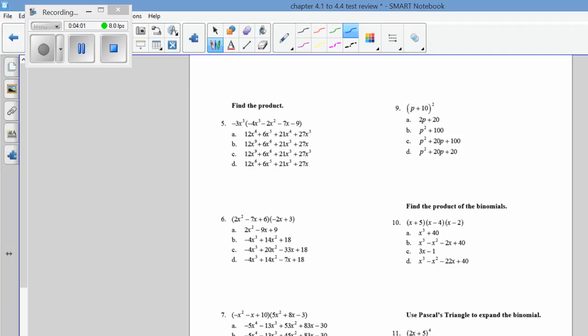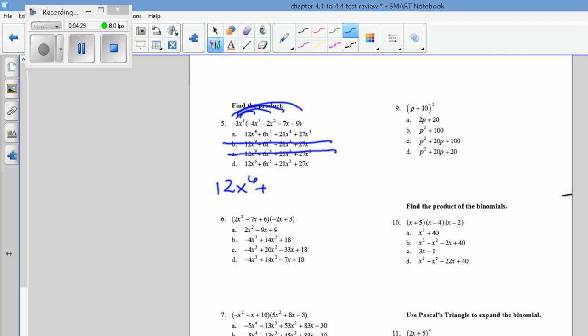Okay, find the product. Let me see if I can make it bigger. Nope, can't make it bigger. I'm going to write small. All we do is multiply in all 4 places. And remember, when you multiply x cubed by x cubed, it makes x to the 6th. So this answer's wrong, and this answer's wrong. So we have 12x to the 6th